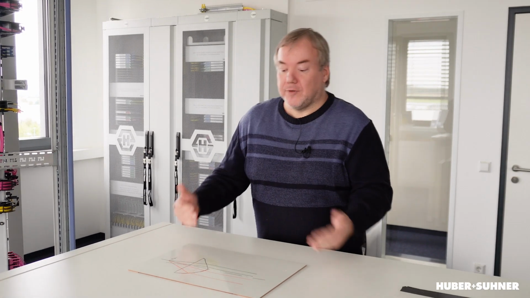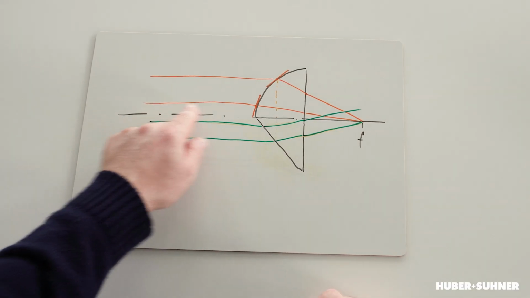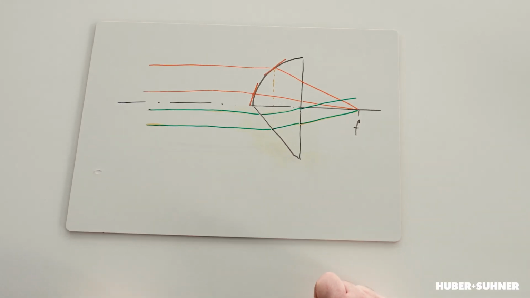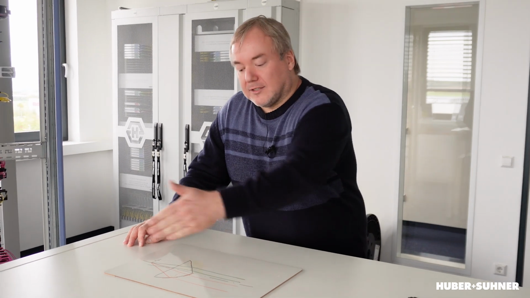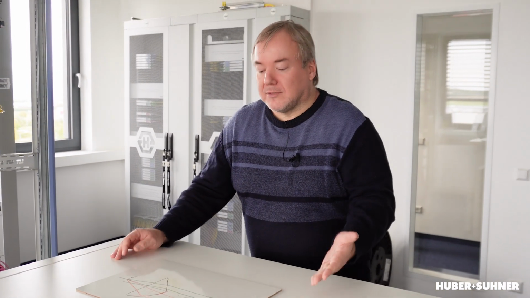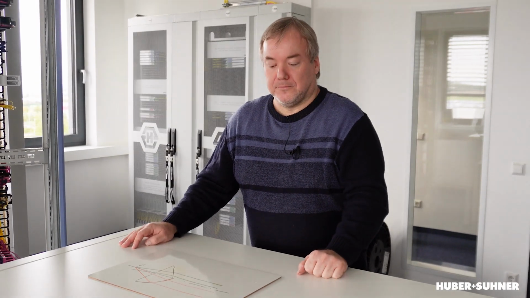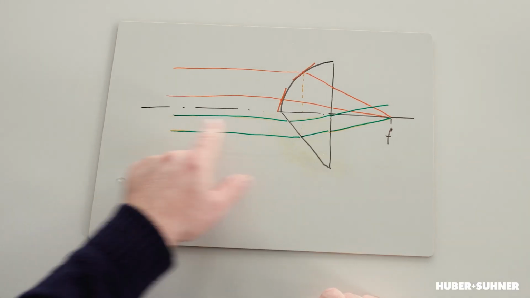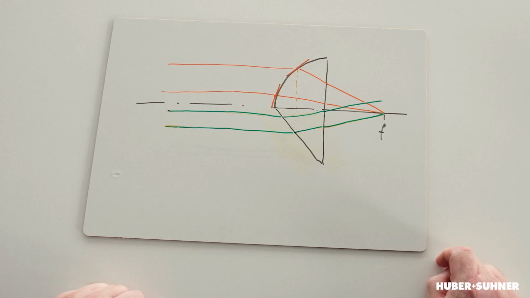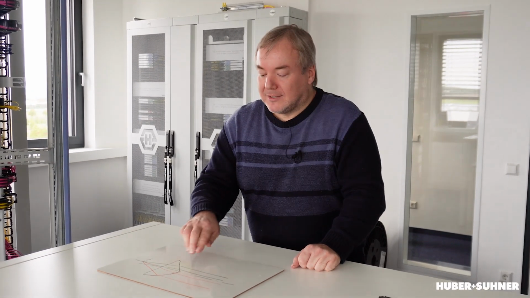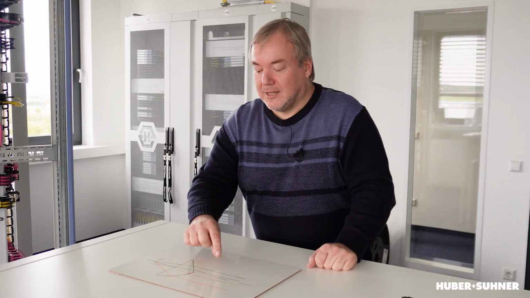Now, what's different if we go to another position or to another beam? For example, this parallel beam in orange is hitting a different point on the lens surface, and as it is roundish, there's a different angle for the tangent, and this means there's a different refraction. If we do the same for the triangular part, there is no different angle at the hitting point. So this means the refraction is in a parallel way, so it doesn't hit the focus point.